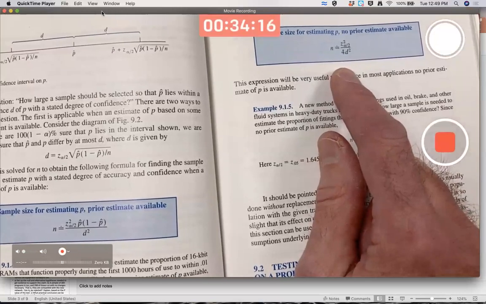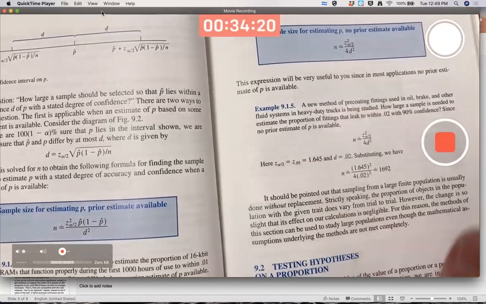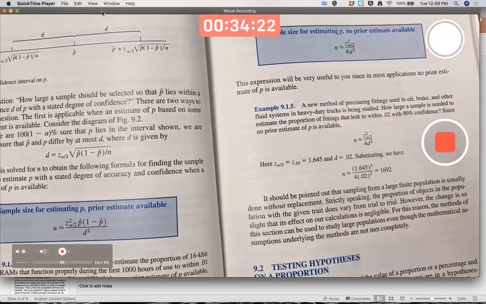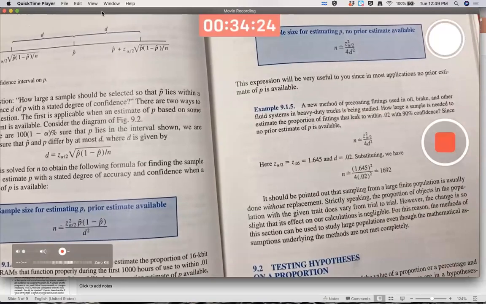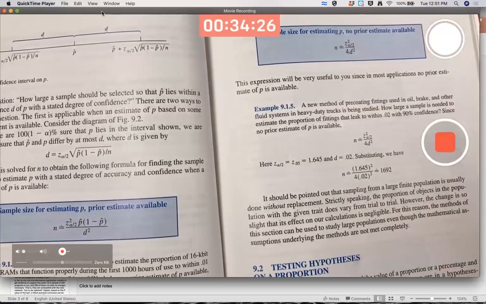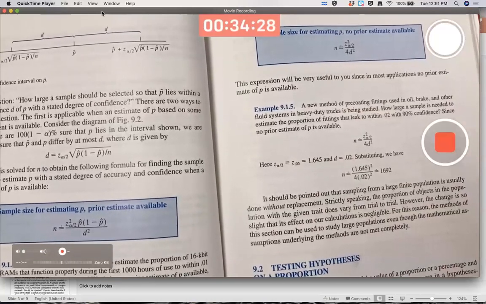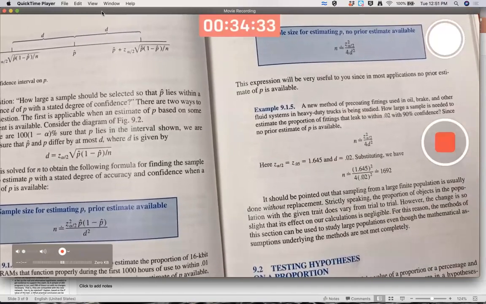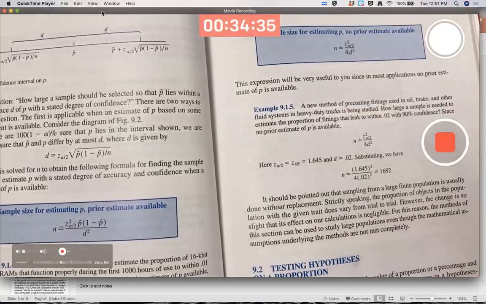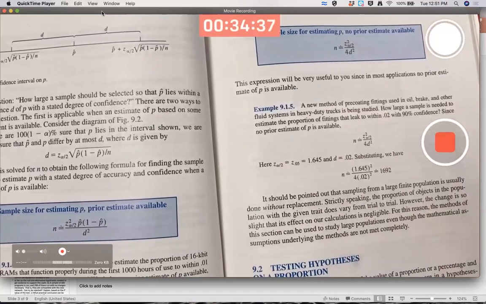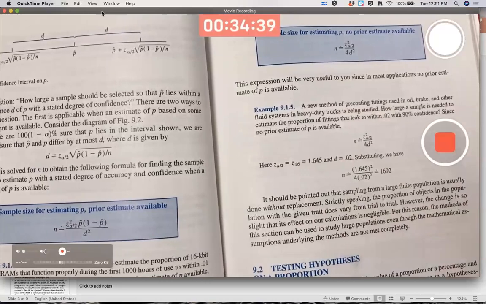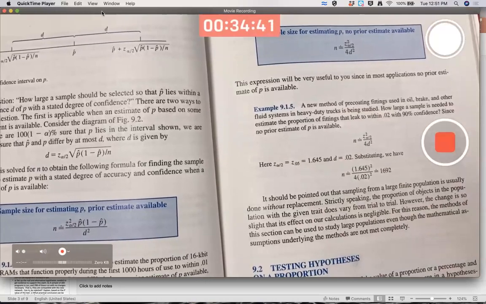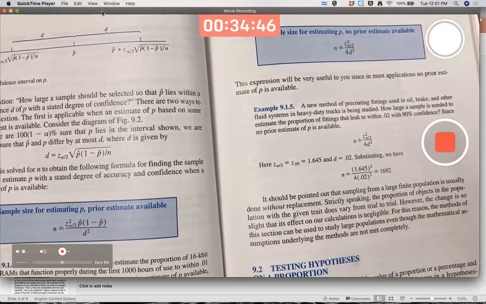Is that a good idea? Always? Bigger samples are more expensive, time and money. So your boss may not like it. Right? The boss might say, oh, I don't want to do a sample size that big. It'll cost us an extra $1 million, an extra month of time. You know, think about doing crash tests for cars, right? That's a lot of time and money. Safety crash tests.